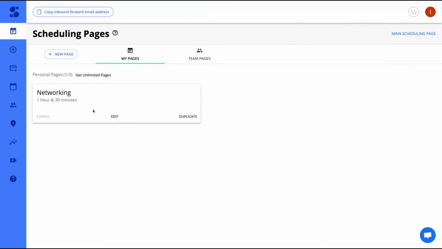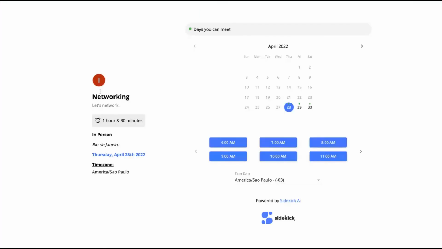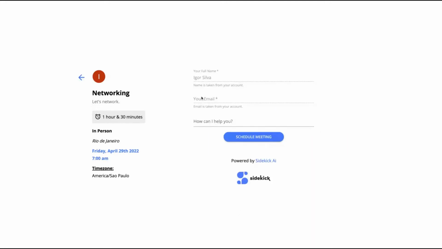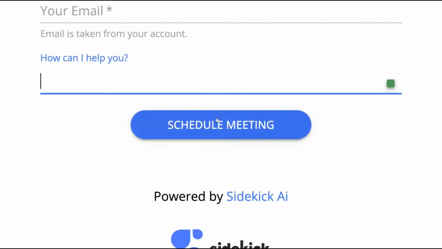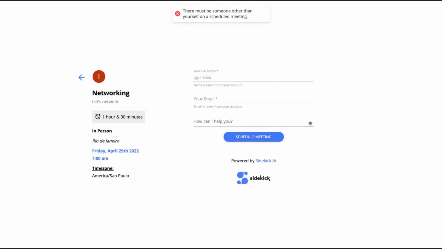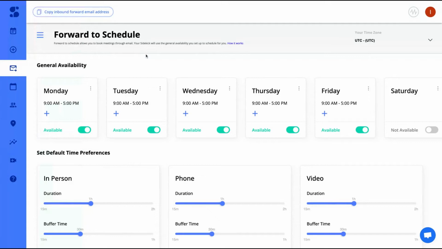You receive a link like that, and you can see the page here. So this is how it looks. I think it's pretty. You click here, the name, and then people add the email, how can I help? And clicking here, they will schedule the meeting. Since I'm logged in on my own account, I can't schedule the meeting, but as you can see the page, this is how it works. The forward to schedule is the unique feature on Sidekick,